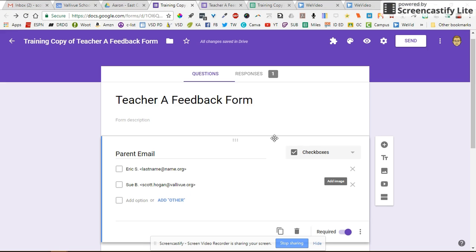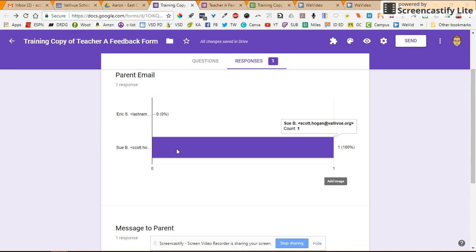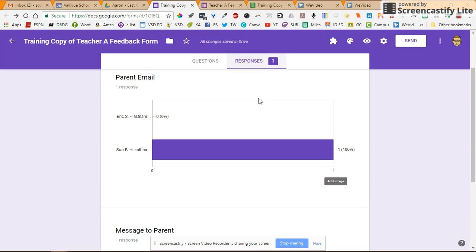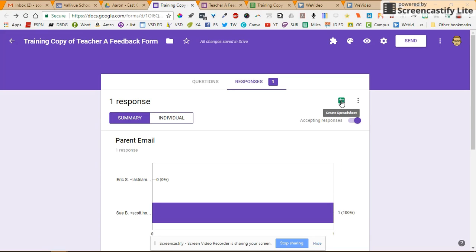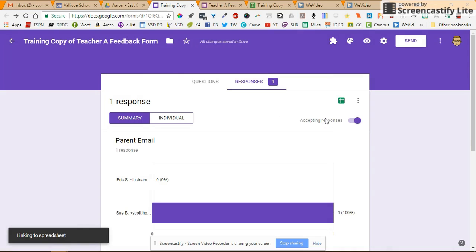So you've set up your feedback form for you to use, and you have filled it out once. And you can see this is the test account that I set up so I could send it to myself and see what happens. You need to click Create Spreadsheet because the spreadsheet is actually what is going to send emails using the address you provided. So we will create a spreadsheet,